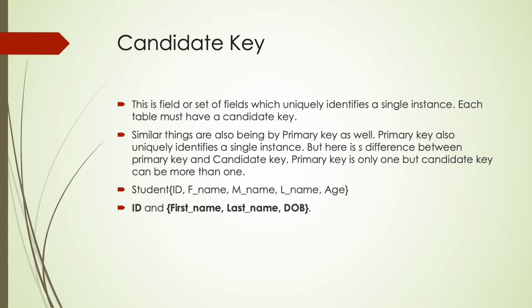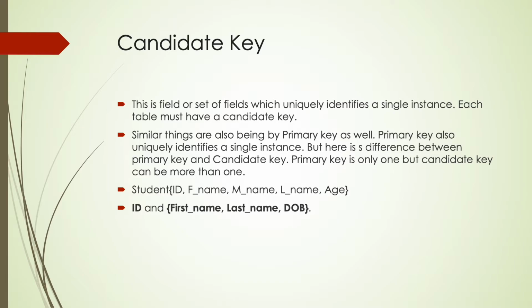There is confusion among people about the difference between the primary key and the candidate key. There can be only one primary key, and it also identifies your unique instances in the table. But with candidate keys, there can be more than one candidate key depending upon the requirement. So this is a major difference between them.